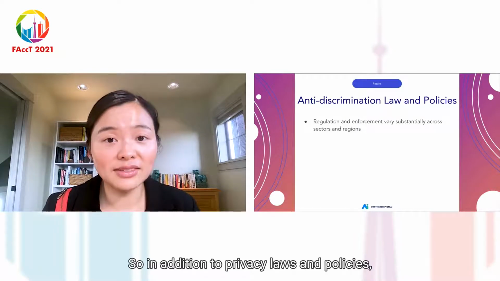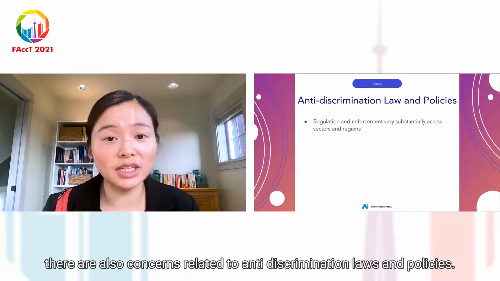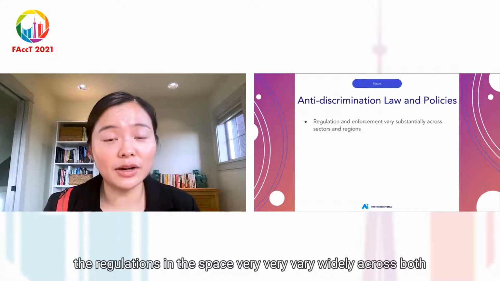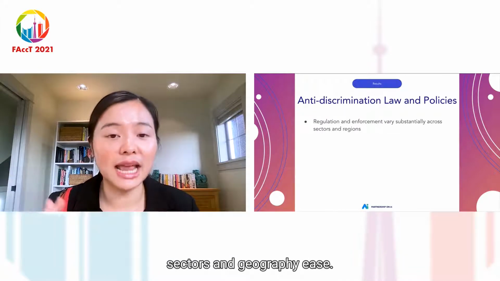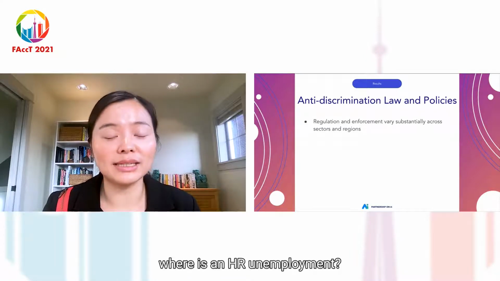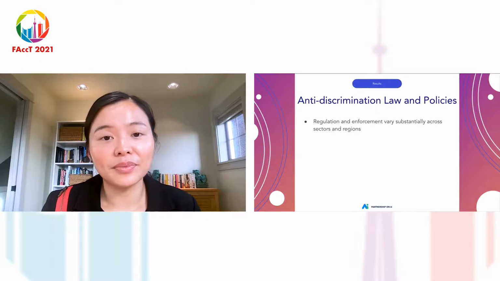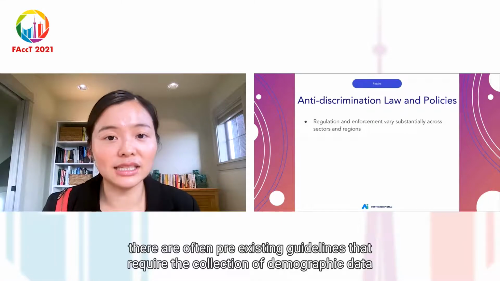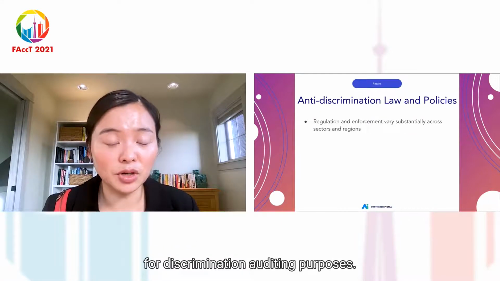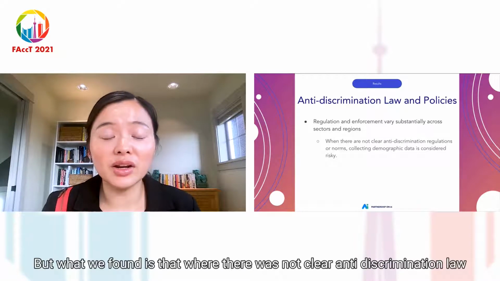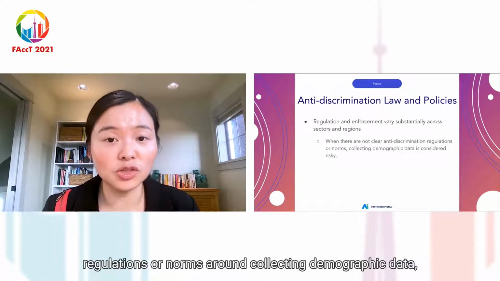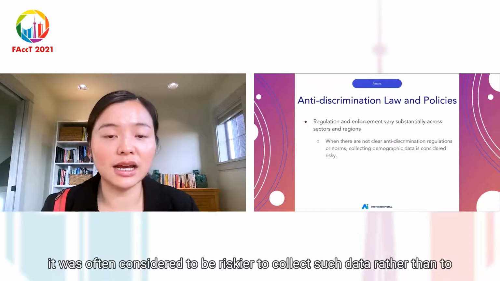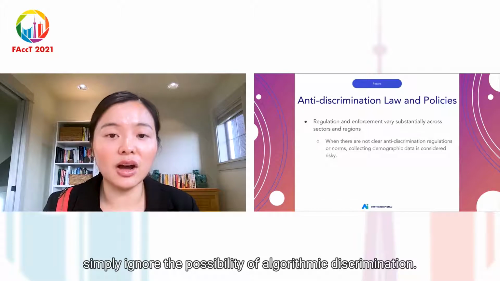So, in addition to privacy laws and policies, there were also concerns related to anti-discrimination laws and policies. So, first off, the regulations in this space vary widely across both sectors and geographies. For example, in HR and employment, there are often pre-existing guidelines that require the collection of demographic data for discrimination auditing purposes. But what we found is that where there was not clear anti-discrimination law regulations or norms around collecting demographic data, it was often considered to be riskier to collect such data rather than to simply ignore the possibility of algorithmic